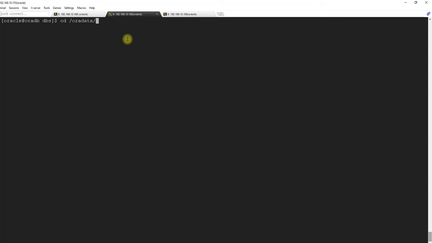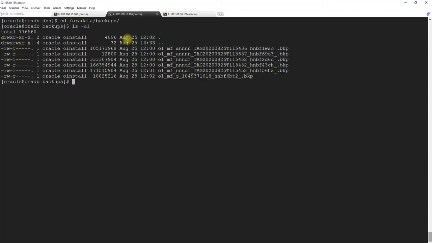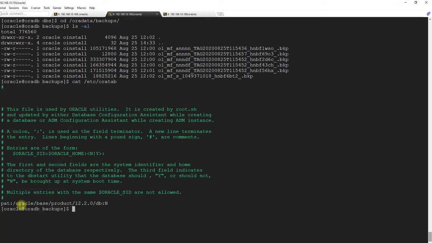Aura data. Okay, I will list it. So all the backups are available here. Let's get the oratab file. This is very much required, because this actually locates the Oracle home. This is how we use the variable to move to different locations in the home directory itself. This is how the parameter ORACLE_HOME, when you see that it's set in the path, when you say cd $ORACLE_HOME, you actually navigate to this directory.